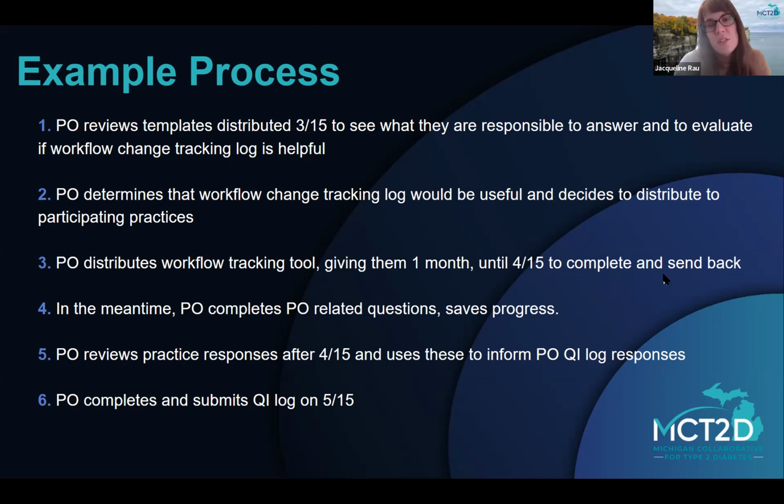So you'd be getting all those back on April 15th with the month to complete the QI log. If you wanted, you could go in and complete the PO level questions. Like I said, progress gets saved, so you have those completed. Then once you get those back from your practices, you may use those to inform the other responses on it, and then you complete it and submit it by